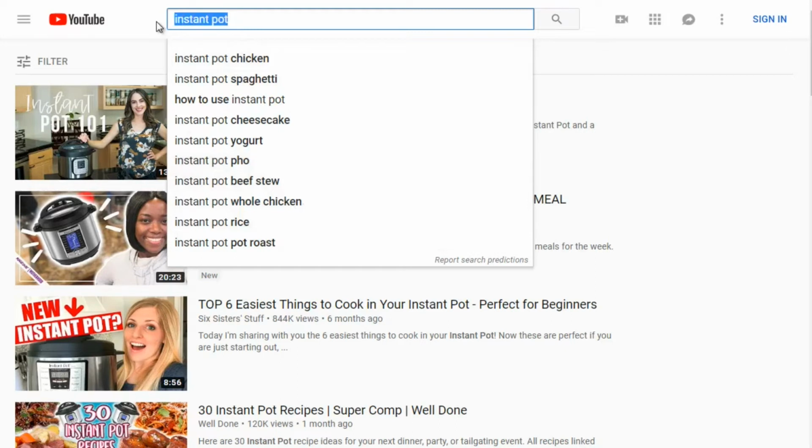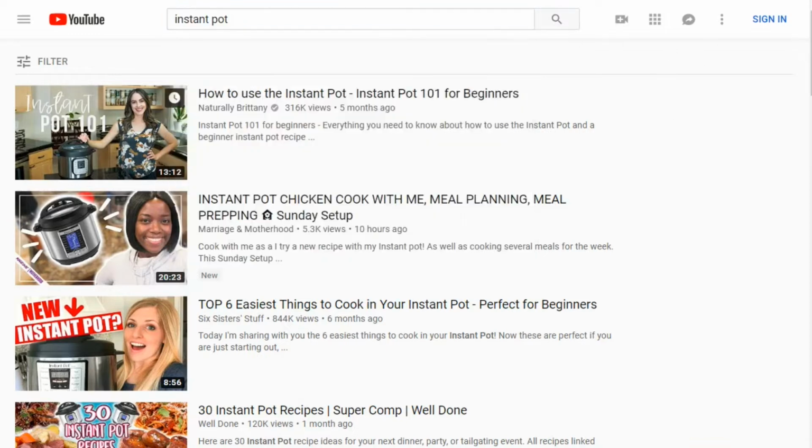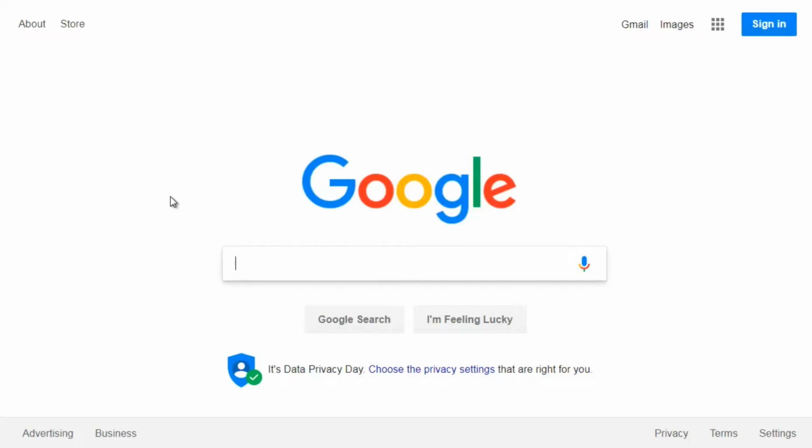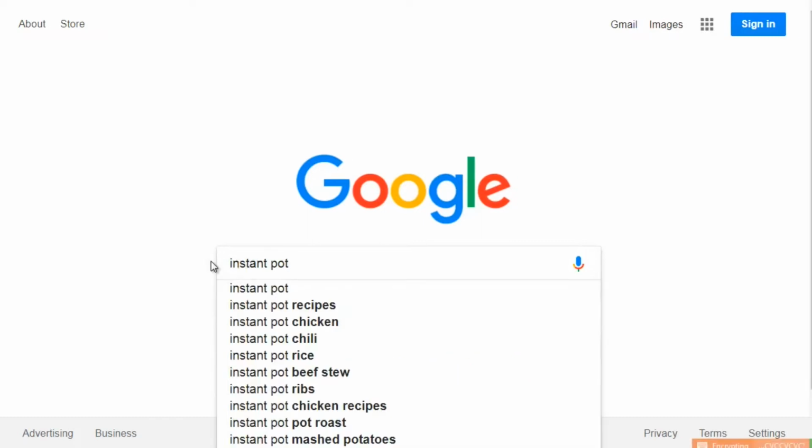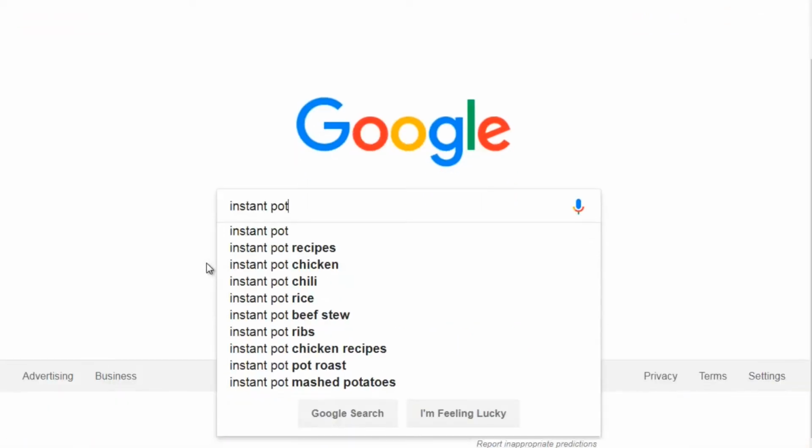Now let's hop over to Google and see what we get. Do we get the same thing? Do we get something different? So if you go to Google and type in the same thing, Instant Pot, we can see that we've got Instant Pot recipes, Instant Pot chicken. Notice that the chicken and the roast beef, or the pot roast, seem to appear both in Google and in YouTube. Whenever you see that, that's a good sign,